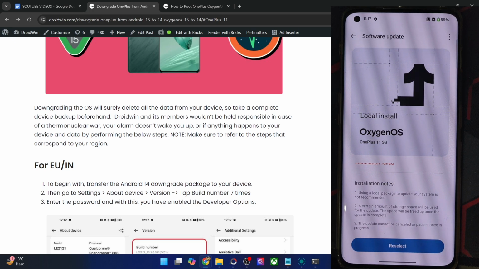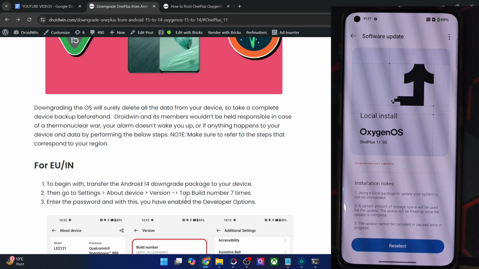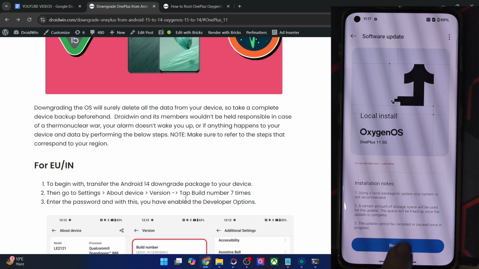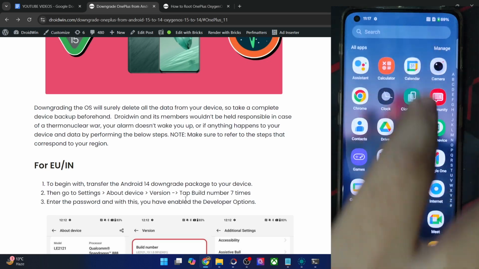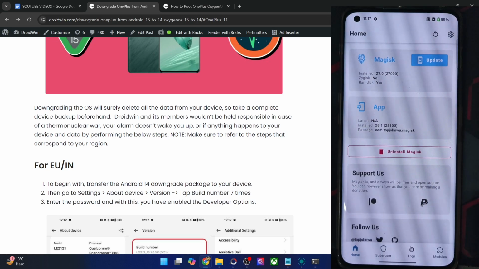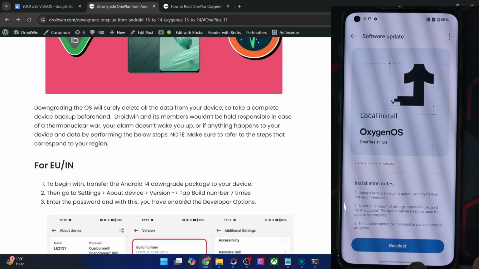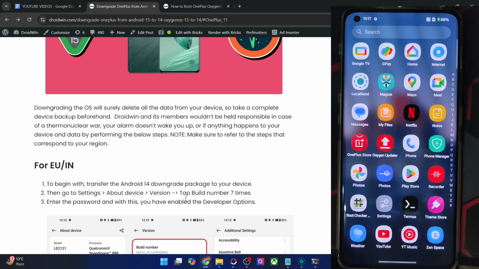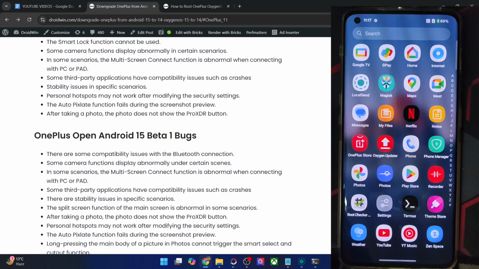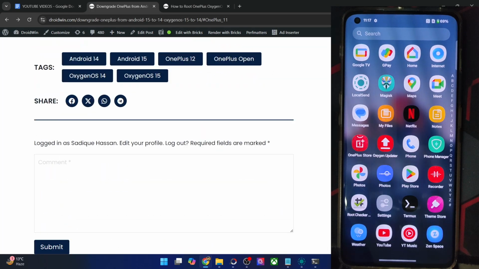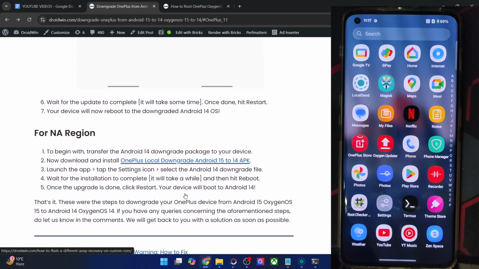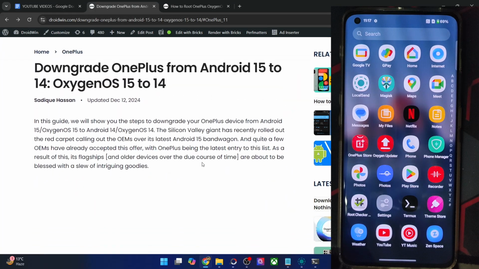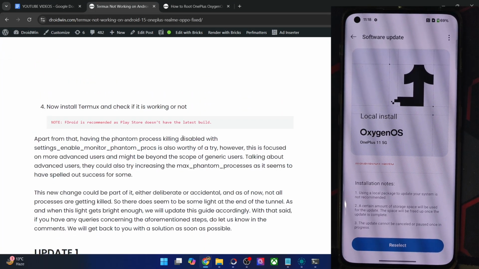If your phone is not rooted, then the installation will now start and it will not give you any issue whatsoever. But in my case, since my phone has obtained root via Magisk, as you can see over here, if that is the case with you as well, and if you are getting this error message, then it's completely normal and nothing to worry about. Just give me a second, I'll show you how to rectify this issue as well. You just have to execute a command and it will then get the job done. So just give me a few seconds.